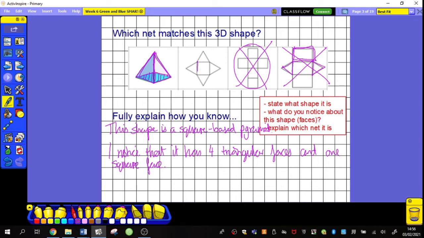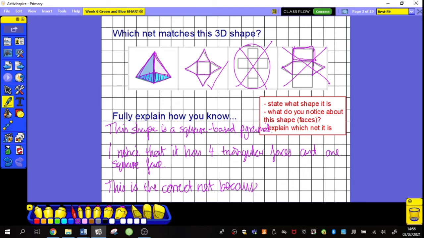Let's double check this. I have my square there, and I have my 4 triangles there. Obviously, you don't need to draw over these so much. I'm drawing over them so you can see clearly what part I'm talking about. So now I'm going to explain why that is the correct net. I should probably tick it. This is the correct net